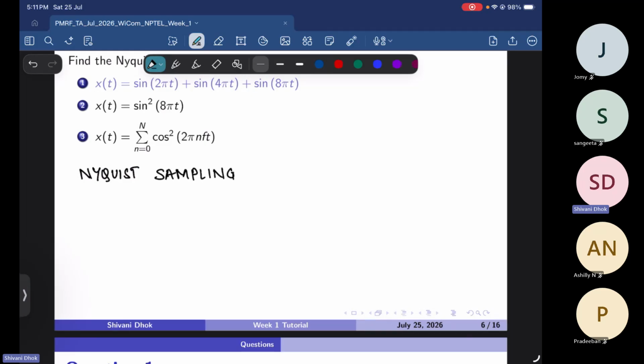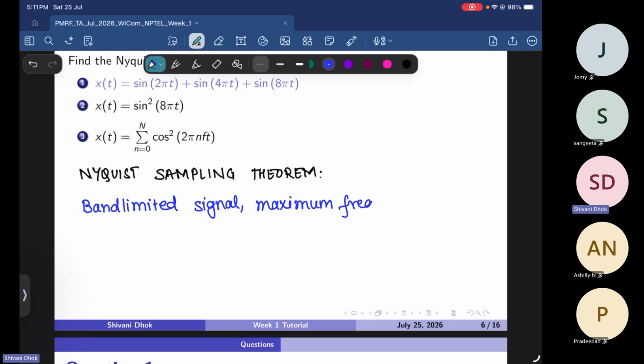So this Nyquist sampling theorem says that if you have a band limited signal with maximum frequency FM, then